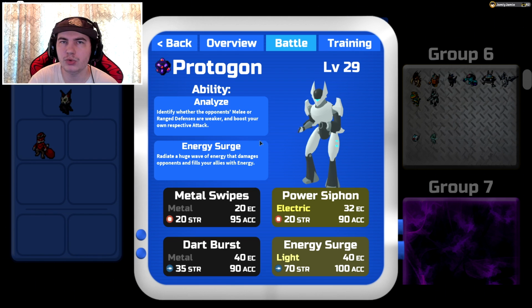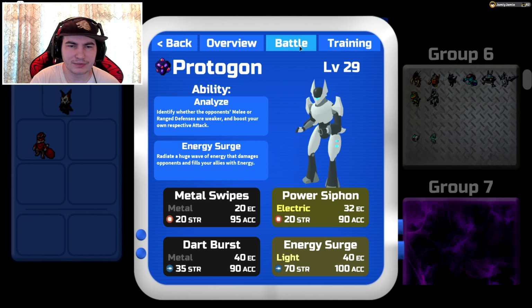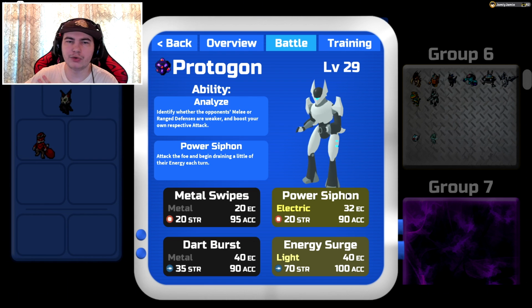So it's actually a really good support move for 2v2s. If you have 2 of these Protogons, they can just keep spamming Energy Surge, and you'll never run out of energy, basically. Which, I mean, isn't really a problem since it has a huge energy pool anyway. So yeah, pretty good move. Like I said, Metal Blast, Dart Burst, Energy Surge. It has Power Siphon, which is kind of similar to Vesperatu's Blood Drain, although it works for energy rather than health. I'm not sure if Protogon's really going to run that one too much. Other than that, that's the only moves it really gets right now. Metal Blast, Energy Surge, Dart Burst, Power Siphon,